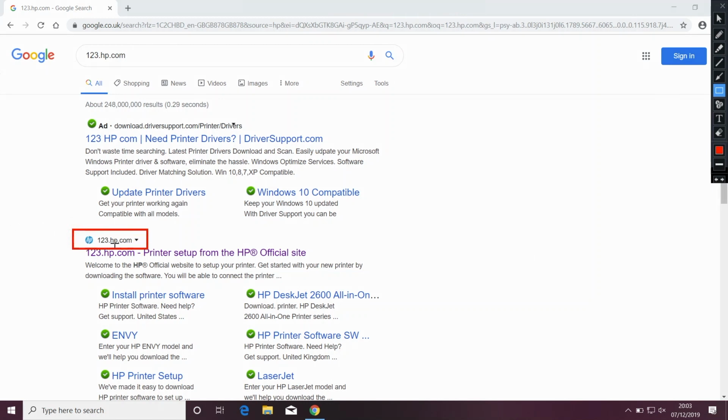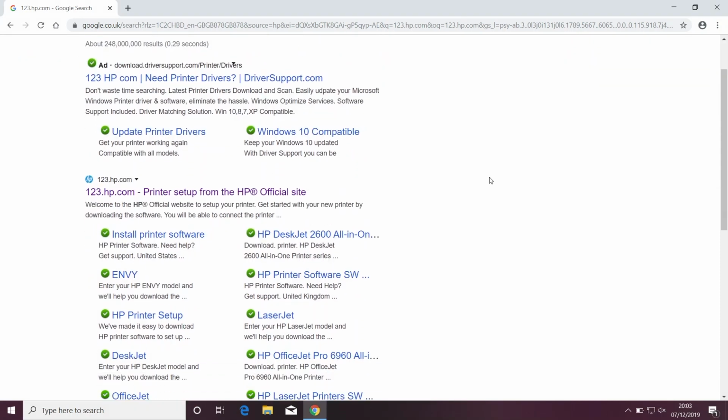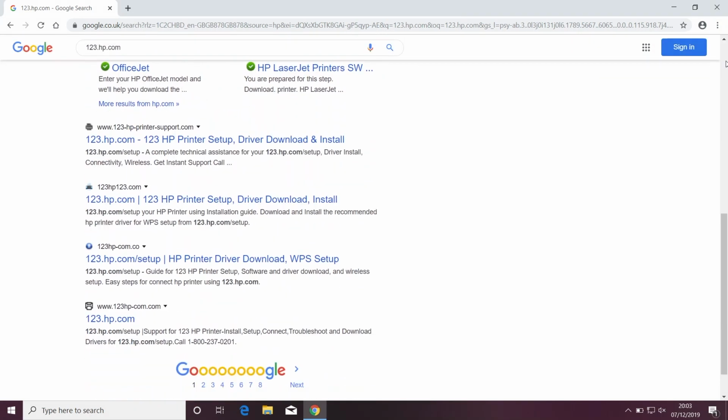There, that is 123.hp.com. However, the top result, and people expect that normally the top result is the correct one, the top result is not for HP, it's for download.driversupport.com/printers/drivers. And you'll see as we shuttle down this page that we have a few more cases